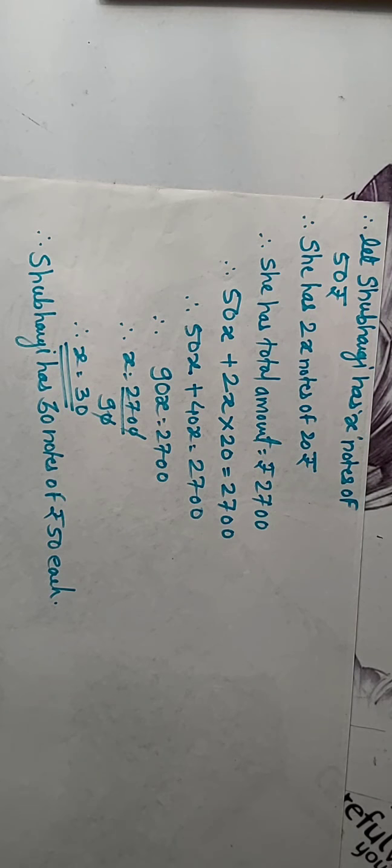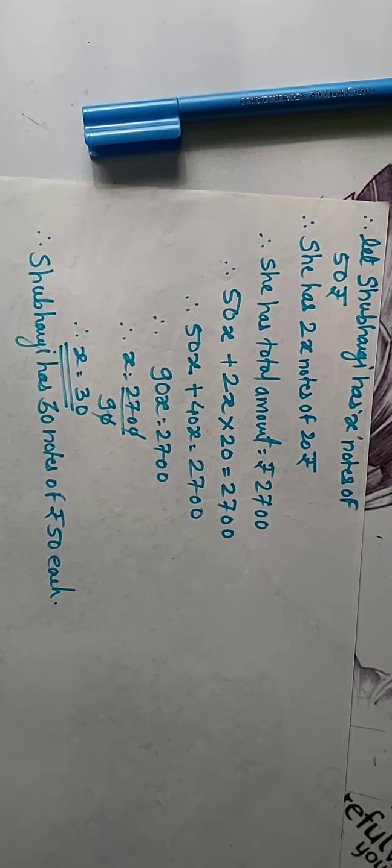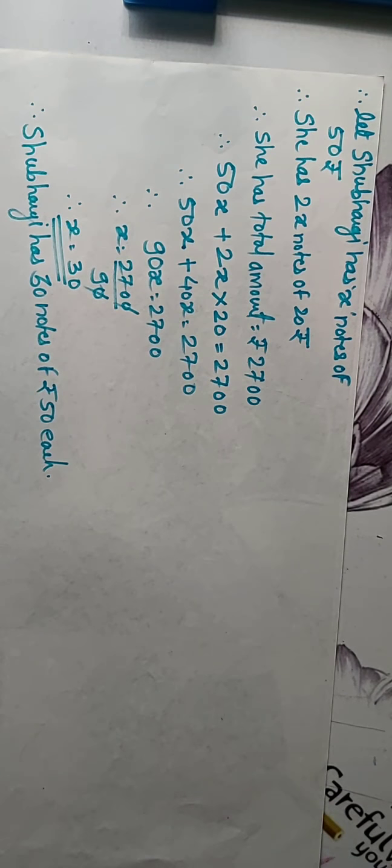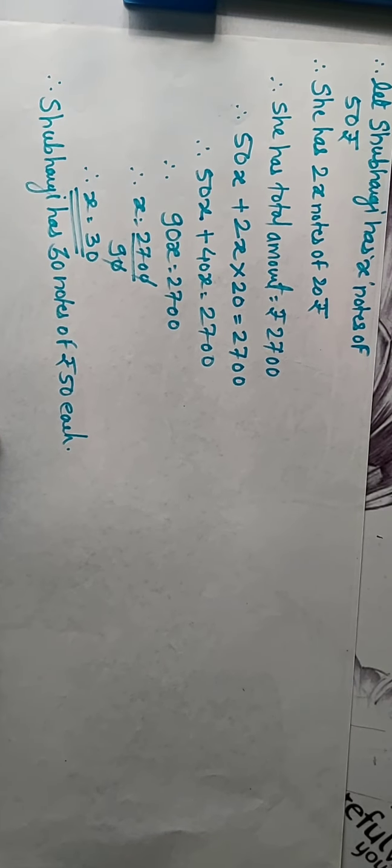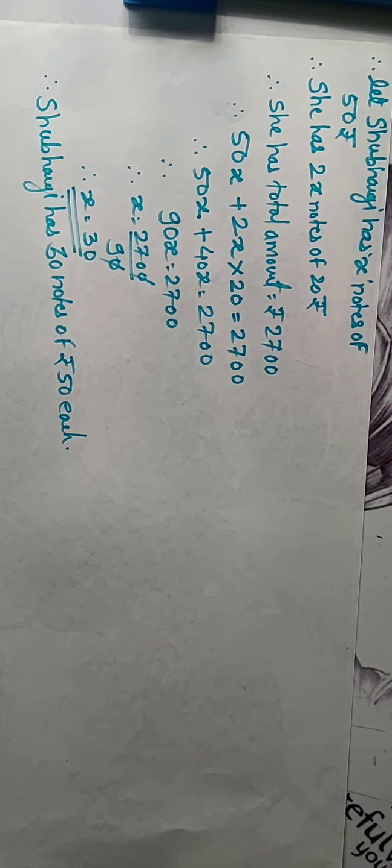Now students, the next example, that is Virat Kohli's example. Virat Kohli is our nation's pride. Virat made twice as many runs as Rohit Sharma. The total of their scores is 2 less than a double century. Double century means 200, and 2 less than means 200 minus 2, that is 198. How many runs did each of them make?